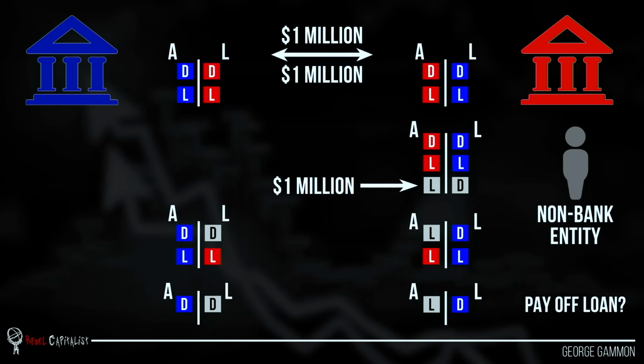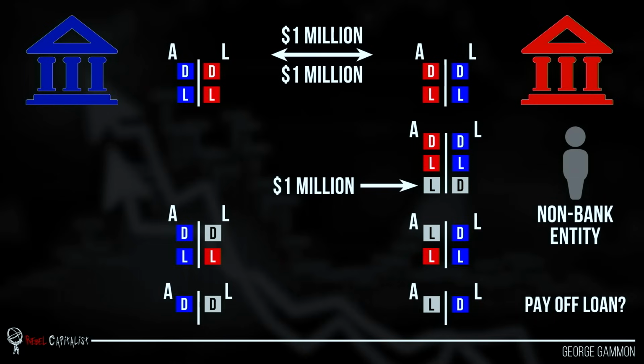And this is how it was done, or is done. You start off with the banks lending each other $1 million. So how does that affect the balance sheet? We've got the assets on the left, liabilities on the right. The red bank's assets would be the deposit that they have at the blue bank for $1 million. Their asset would also be the loan, which is the money they lent blue bank. It's the same thing for the blue bank's balance sheet. Their assets are the deposit that they have at red bank for $1 million. Their asset would also be that loan to red bank. Their liabilities would be the $1 million deposit for red bank, and then the loan, the $1 million they owe red bank.